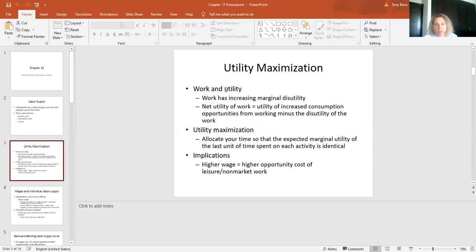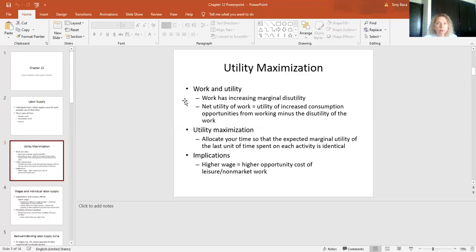Disutility, dissatisfaction. This would basically imply that the more you work, the more you don't want to work. So when you get to your 50th hour a week or your 60th hour a week, or for some of you, even your 30th or your 40th hour of work a week, you begin to feel dissatisfied with each additional hour worked. I think this is generally true. I think even with people who love their jobs, there probably is a point of critical mass where they just need time off, right? And so that brings us to a concept called the net utility of work, which is